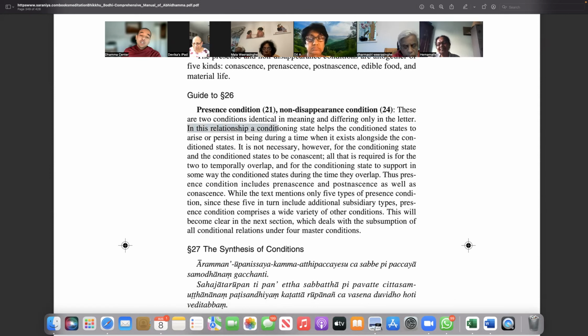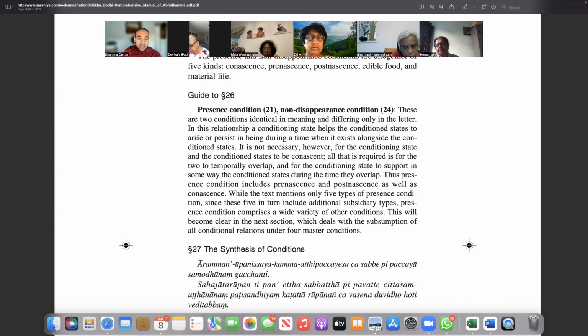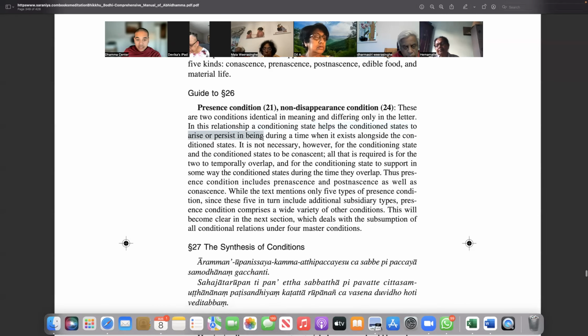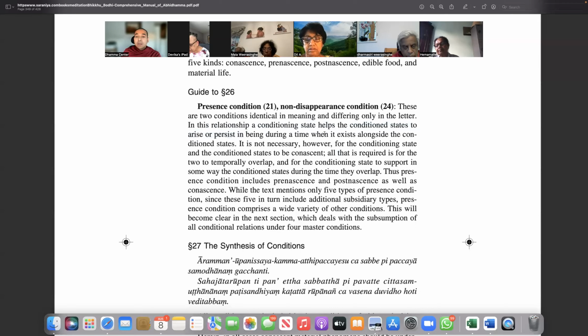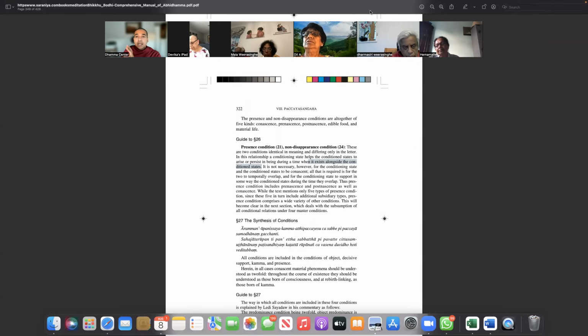In this relationship, a conditioning state helps the conditioned states to arise or persist in being during a time when it exists alongside the conditioned states, right? During the time, sorry,